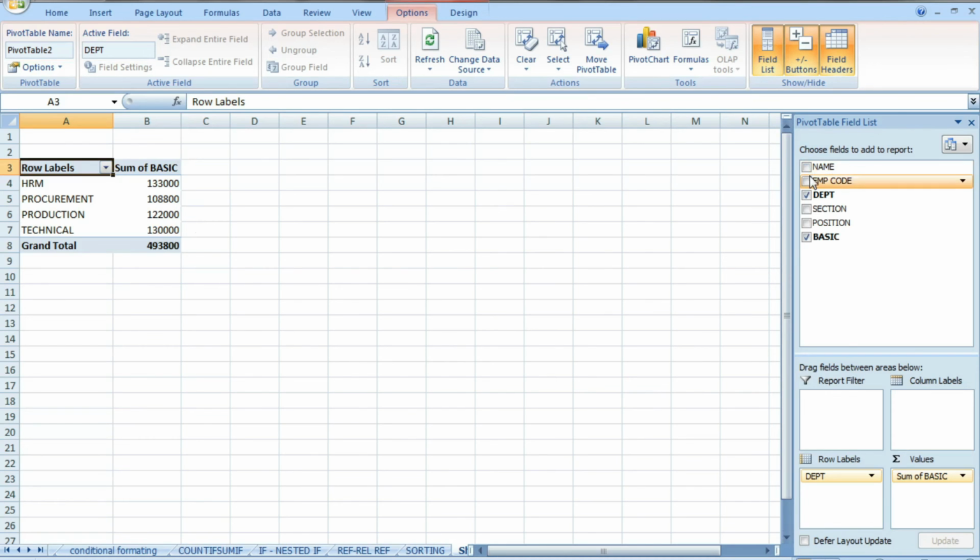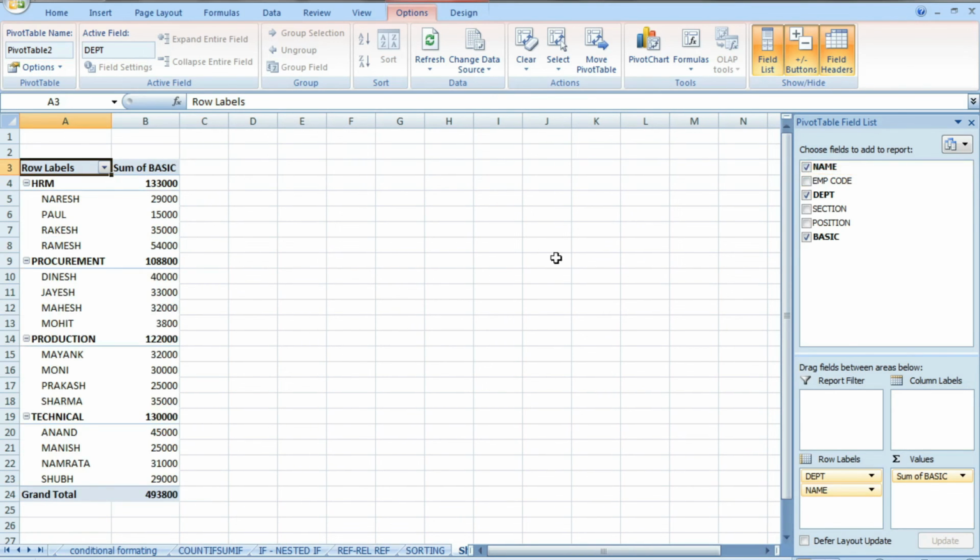Now if you want to add the name, in the HRM department this many employees are there and the basic of each employee, and the total sum of basic is also given. See, the grand total is also calculated automatically, and you see each department and person name is there, and the basic is also calculated very quickly.